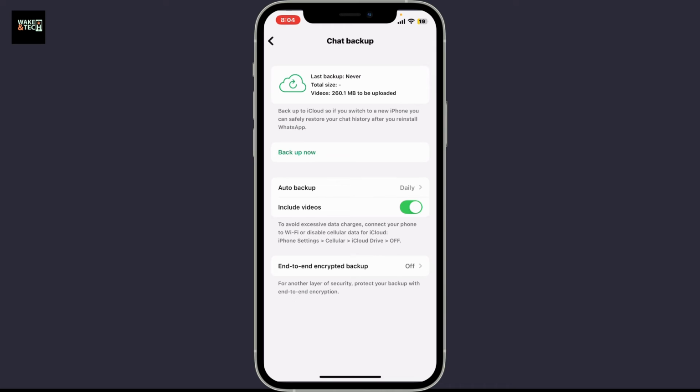to the Google Drive. Your WhatsApp data is safely backed up on your Google Drive or your iCloud, depending upon your device's operating system. Just make sure that you're connected to Wi-Fi and have enough cloud storage space before initiating